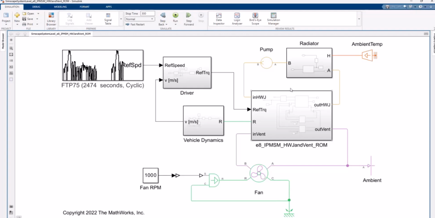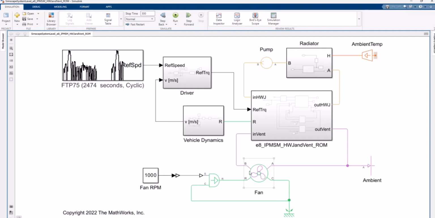And in this case, we have our motor that has a housing water jacket inlet and outlet, which is then driven by a pump that is driving the water in the motor and through a radiator that will dissipate the heat to the ambient.